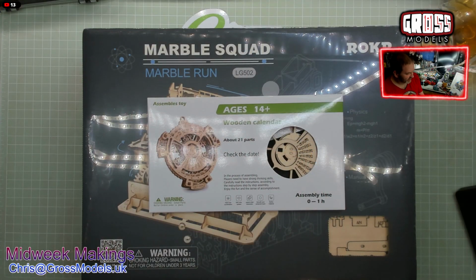Today, as I said, I've got some wooden stuff. I've got a short pile of things which I shall be building, or starting to build one of, today. I'll go through it in a moment when I go down to the bench. But I just wanted to say hello and Happy New Year again. So, hi. Right, on the bench, we have...